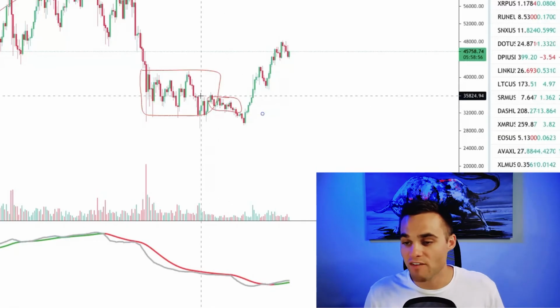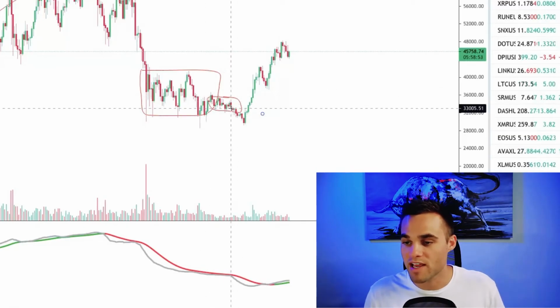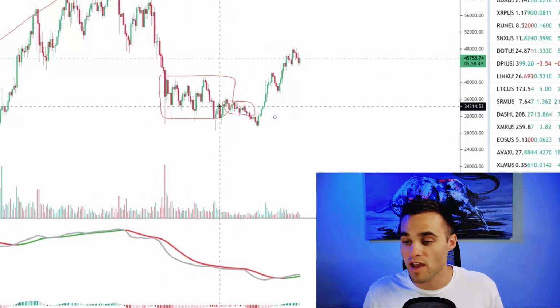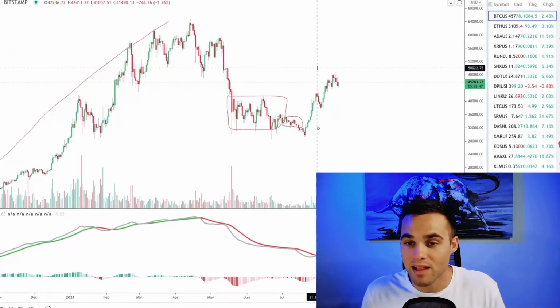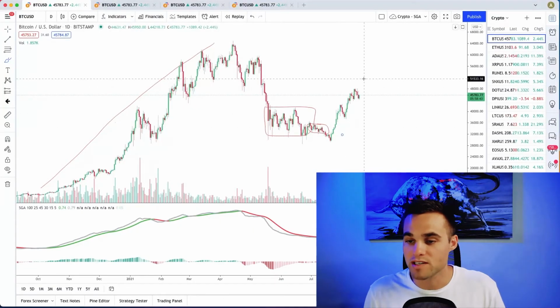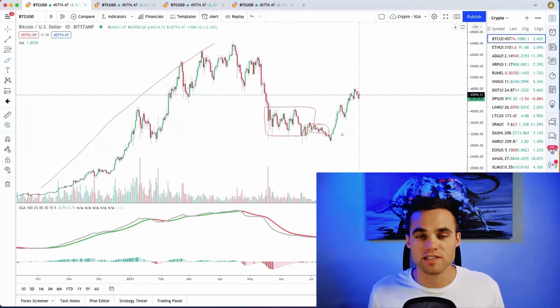But once you have this really tight range, like right here, generally the longer we see the market in a ranging phase or a choppy phase, the more likely there's going to be a large breakout or a large trend that follows, which we're starting to see happening right now on this Bitcoin chart. So these are the three different types of market phases. They constantly switch from a ranging market phase to a trending market phase. So if you know you're in a really long ranging market phase, you know that likely soon there's going to be some sort of big trend.